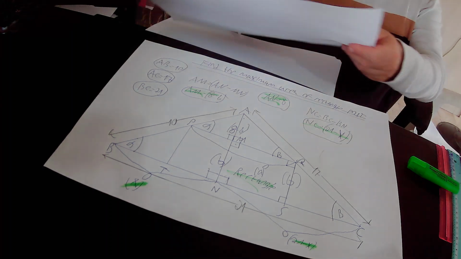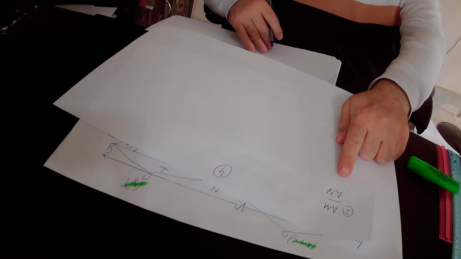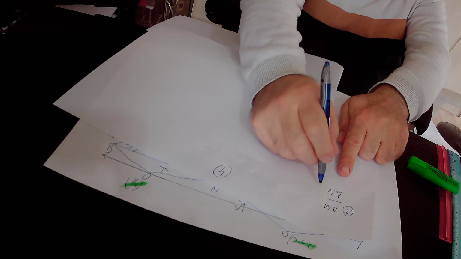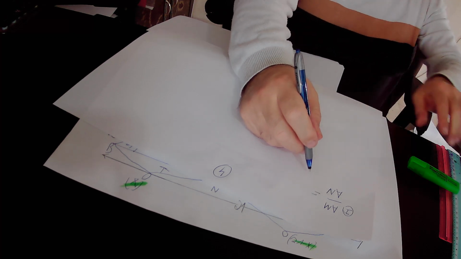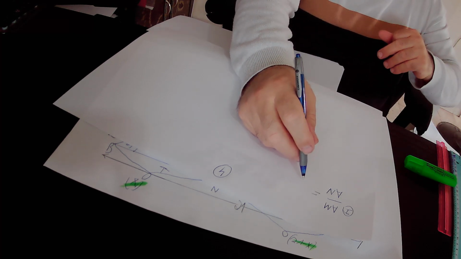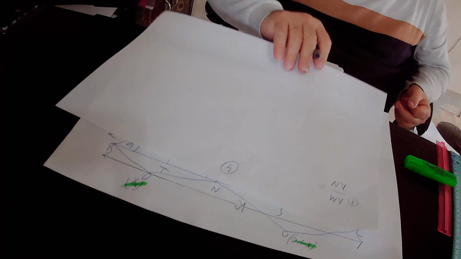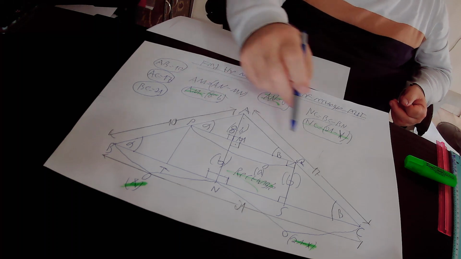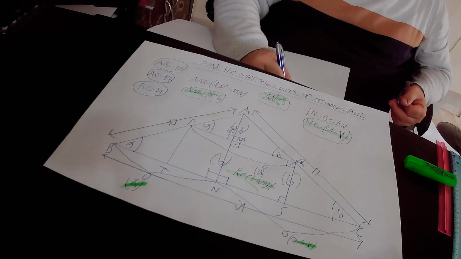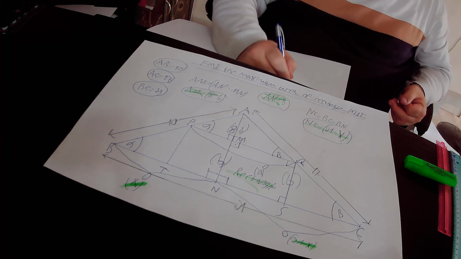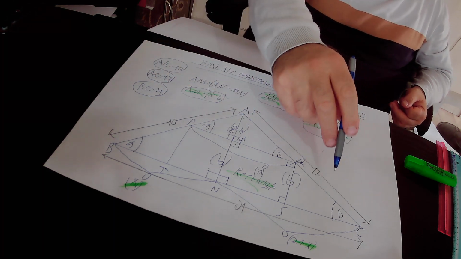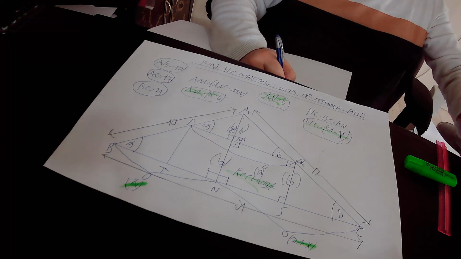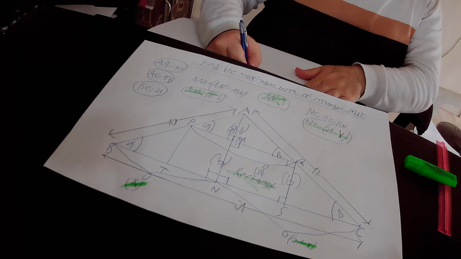So here, AM over AN is the ratio between the heights of the two similar triangles ABC and APQ. So the ratio between the heights must be equal to the ratio between their sides. And the ratio between their sides is side PQ of the small triangle APQ over side BC of the big triangle ABC. So she found out that